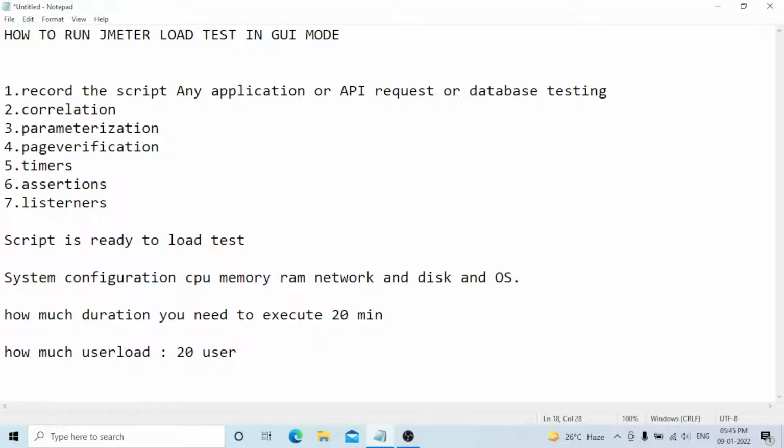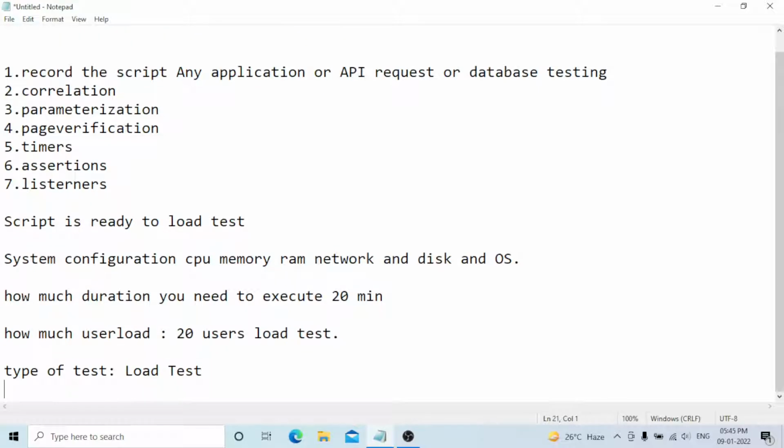This is a demo test only, so I will perform only 20 users, not more. The type of test is a load test.